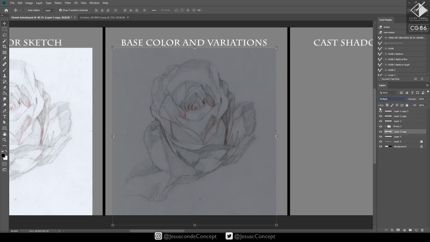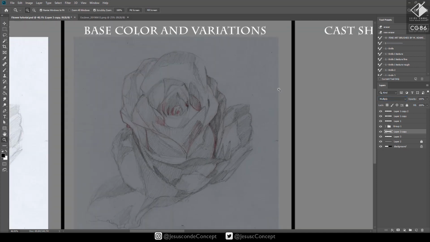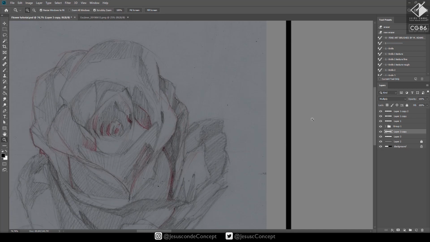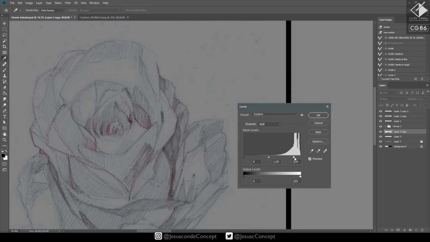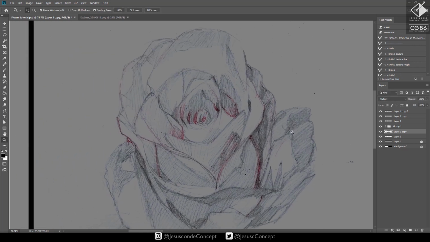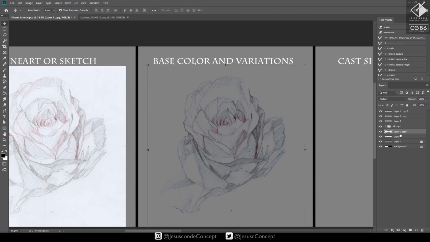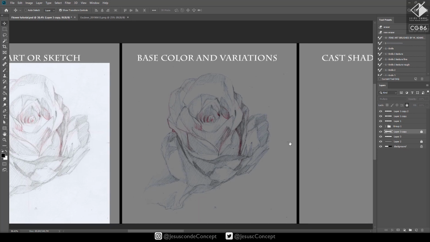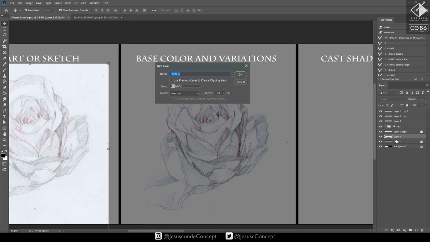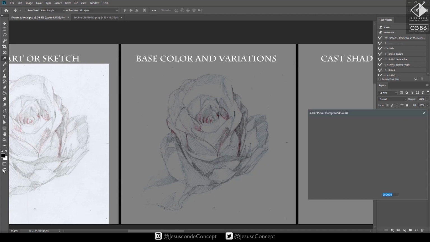And if I put that layer in multiply, I can notice how the gray of the paper is making everything darker. So I'm just gonna change the values a little bit more so that disappears. As you can see, that disappears, maybe making the darker even more dark, and now we can actually paint under that. So I'm just gonna lock that layer because I don't want to mess it up, and I'm gonna create a new one under it,